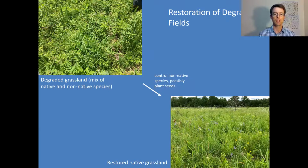But if you have a site that's about half and half, a degraded grassland with a mix of native and non-native plants, if you're able to give the natives a leg up, then that is restoration. So you may not have to plant anything, but getting rid of the non-natives and letting the natives take over can lead to a nice